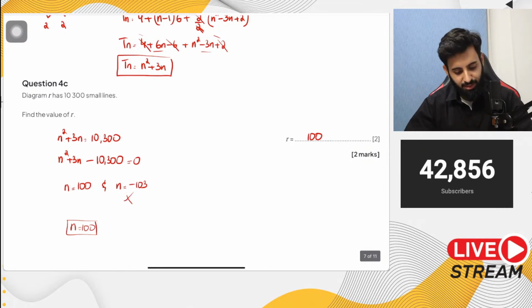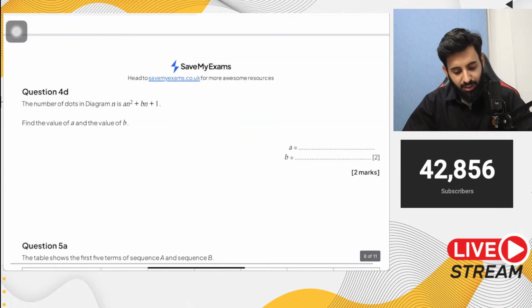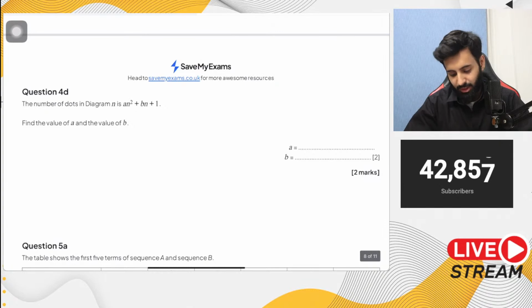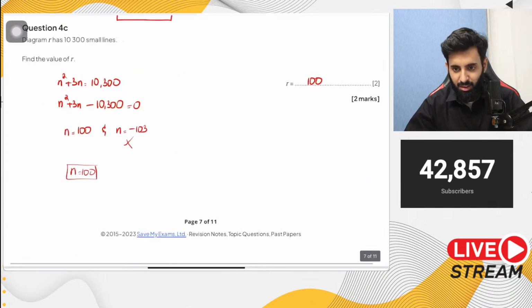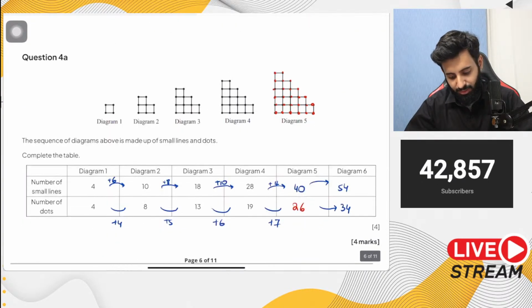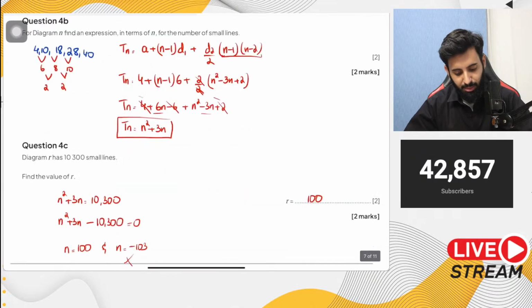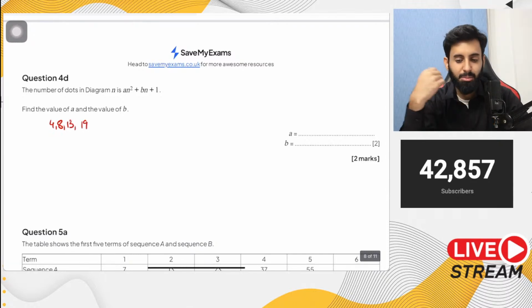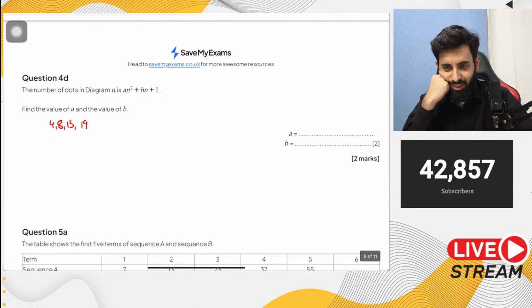All right. Question 4, part D. The number of dots in diagram n is an squared plus bn plus 1. Find the value of a and the value of b. So this is a 2-mark question. Let's see the number of dots: 4, 8, 13, 19. Now there are 2 ways you can solve this question. One is obviously by